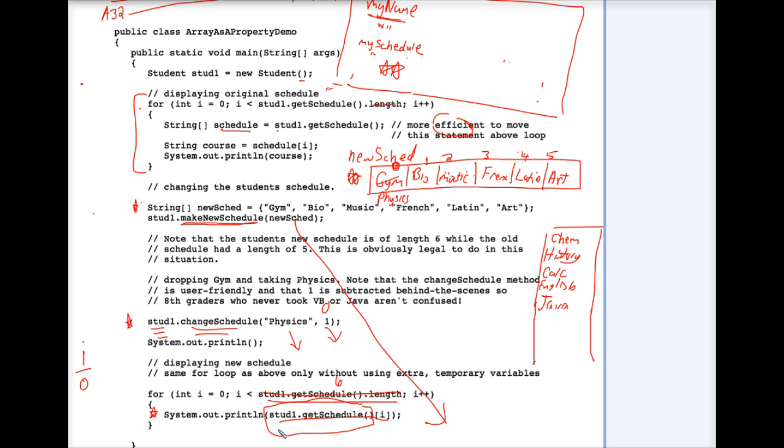Remember, we cannot write mySchedule square brackets i, even though we're trying to take the word physics out of this. We can't call this mySchedule. mySchedule is private in the Student class, and in this client program here, we can't just directly refer to myName or mySchedule. So a slick way to do that is to use the accessor method getSchedule and immediately put square brackets i